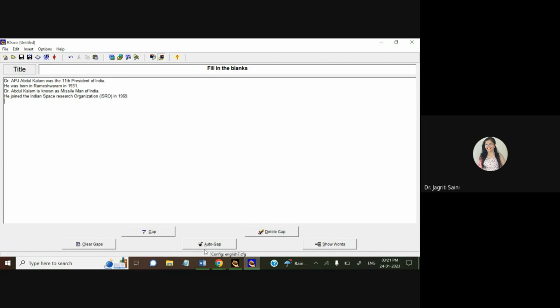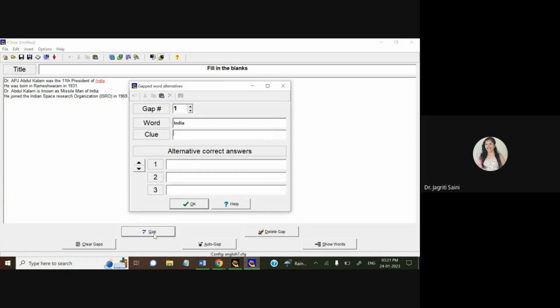So let us see for the first one. As the first sentence says, Dr. APJ Abdul Kalam was the 11th president of India. And maybe for this one, I want to create a gap with India. So I just have to select the particular word that I want to put in the gap, and then hit on this gap option. And you will see that that particular word has now turned into red color,